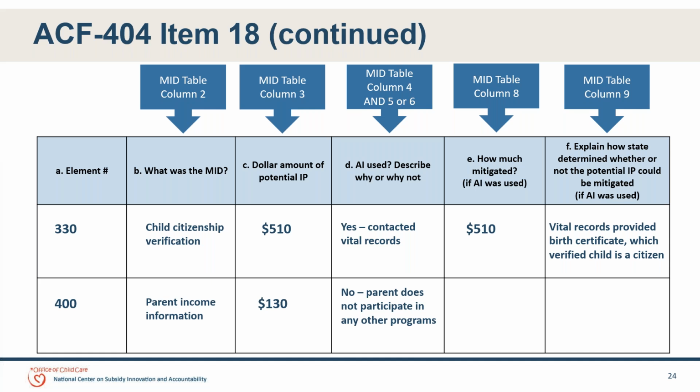And one more example, and I won't read through it all, but in this example, the state did not conduct an additional inquiry, as you can see in column D. So in this case, columns E and F were left blank. If there's no additional inquiry, you do not need to do columns E or F on this table. And similarly to the item on replacement cases, when you're working in the OLDC, there is a button to add additional rows to this table, and you can also delete rows if you added something in error.